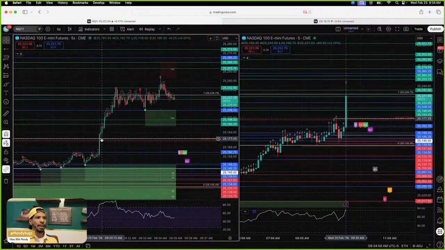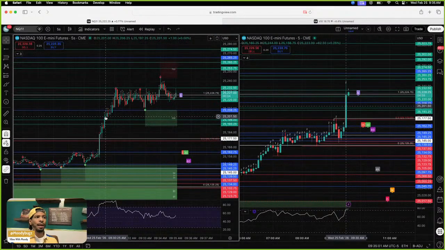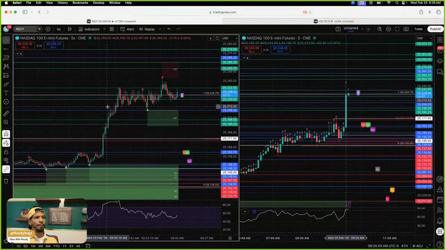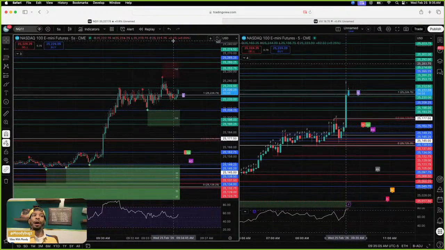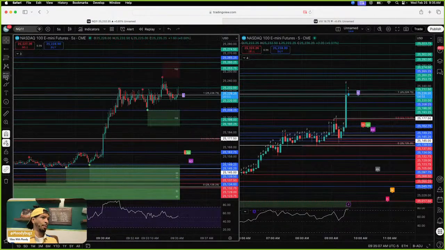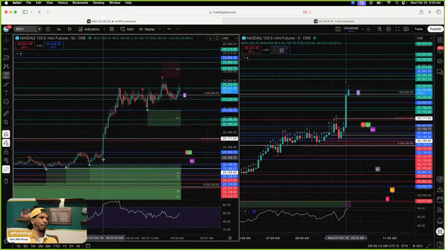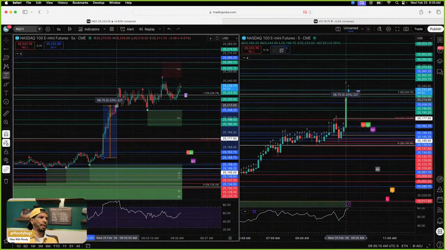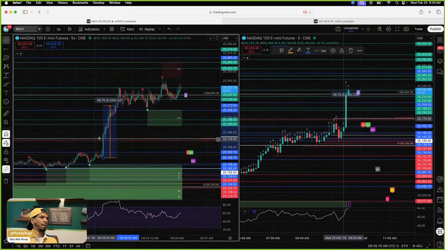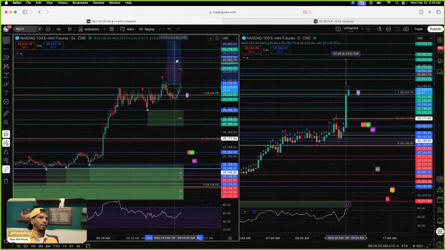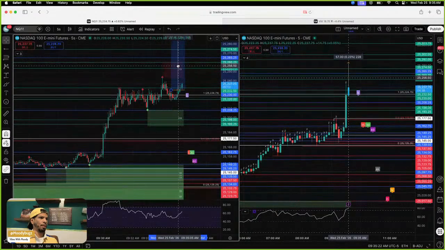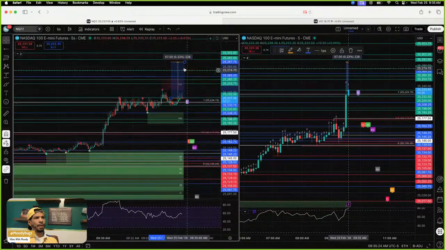Right here, we're seeing that we also got a bull flag, right? This also was a measured move. And the move that is going to give to the upside is going to be this. Let me try to do it now before it happens, and somebody says, hey, you're just going off of it because it already happened, right? So the move that everybody is expecting to get is this big, and it's going to happen from here, right? So they're expecting NASDAQ to take them all the way up to